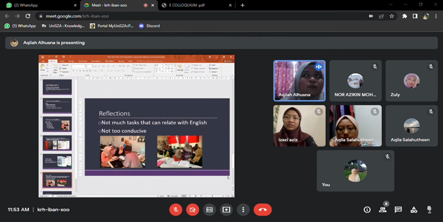We were not able to use our knowledge fully here, as we mainly use Malay language to communicate and complete our tasks. The only usage of English language is when we were translating the brochures.